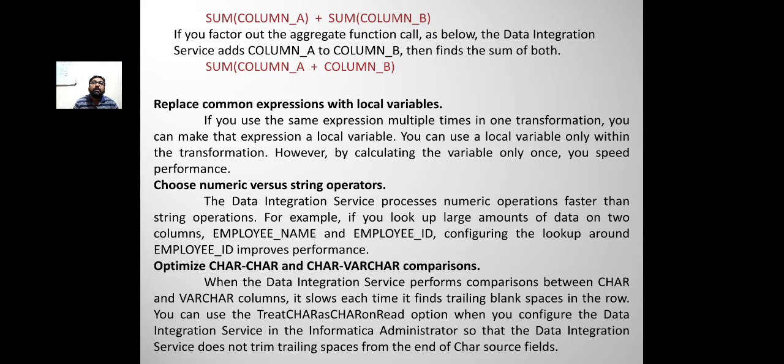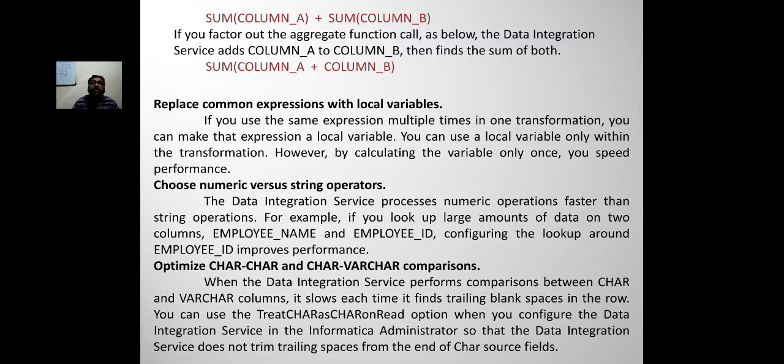Choose numerical versus string operators. The Data Integration Service processes numeric operations faster than string operations. For example, if you look up a large amount of data on two columns, employee name and employee ID, configuring the lookup around employee ID improves performance.